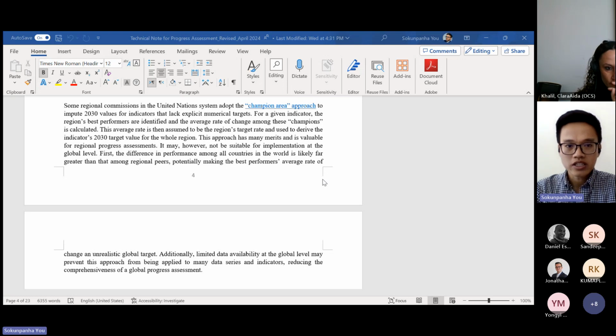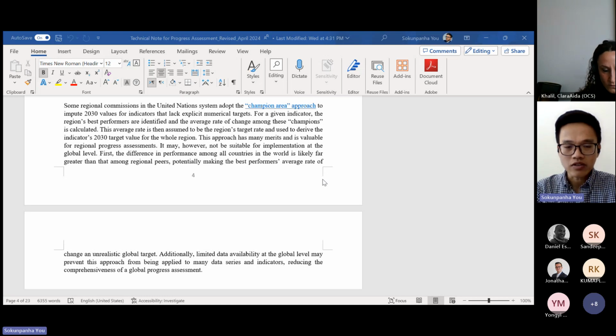We have acknowledged that in the regional commissions, the champion area approach is used in a number of cases, and those have their own merits for regional assessments. However, for a couple of reasons, it will be quite challenging to adopt this approach for the global assessment, and we have tried to reflect that here. And we also put a link to the champion area approach methodology in this technical note so that readers can go and check it out more.